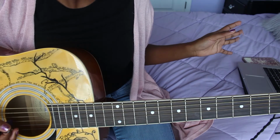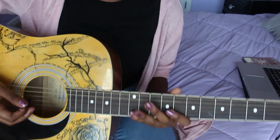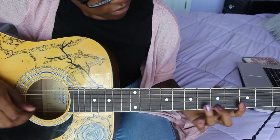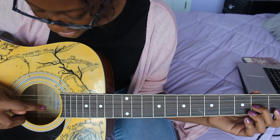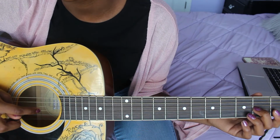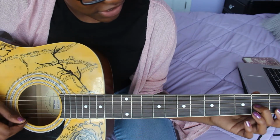The pre-hook, you hear this little strumming combination come in, right? I'm going to just play it through one time real quick. So basically the taps for that is 2nd fret on the G string is where you're going to start both times. So for the first variation, it's 2nd fret on the G string, 1st fret on the E string,